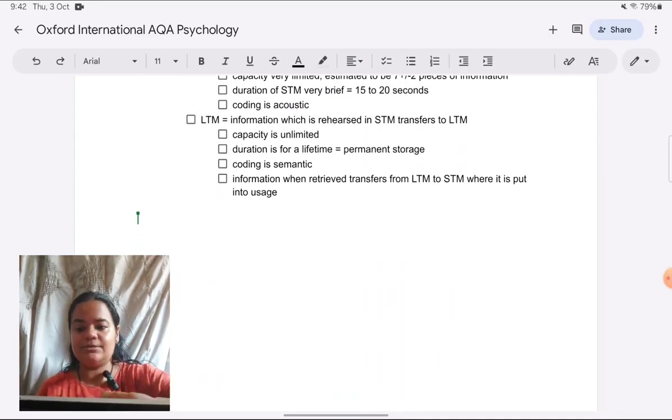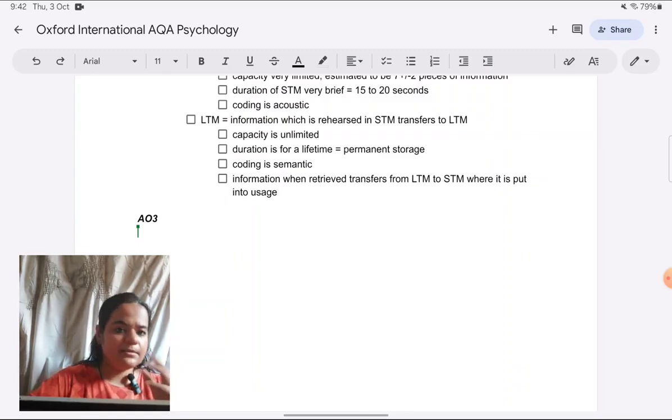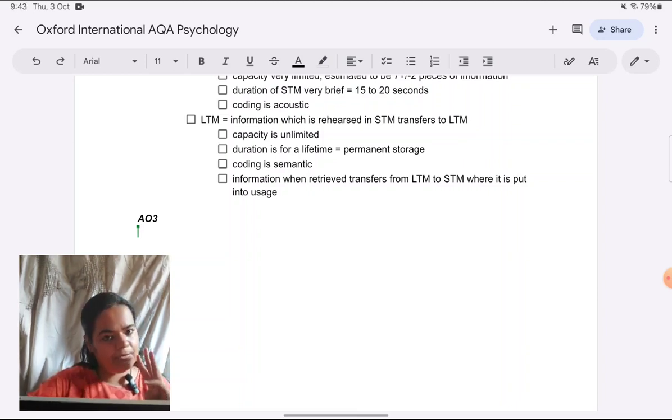This is where a consideration of how many points we should cover becomes very important. As you know, AO3 is all about strengths and weaknesses. In my opinion, you should cover 4 evaluation points, preferably 2 strengths and 2 weaknesses, to give a balanced evaluation. It's up to you how many points you want to cover. Why I'm suggesting this: for UK students who have 16 markers and AO3 is worth 10 marks, I suggest that you should cover 3 evaluation points, at least 1 weakness, 1 strength. Here, because it's worth 12 marks instead of 10, I feel you can cover 4.